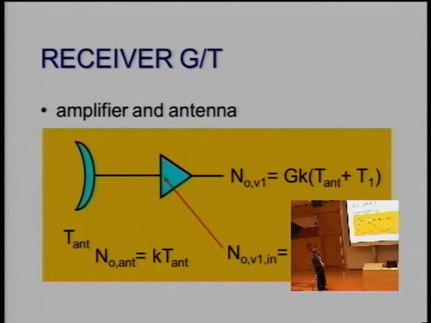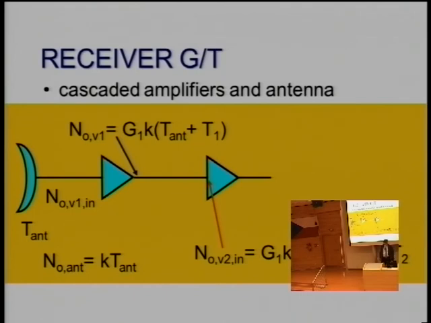Therefore, we have at the input a noise density, which is k times (T antenna plus T1), if T1 is the noise temperature of the receiver itself. Now, let's put another receiver there. This has a certain temperature T1 and a gain G1. And then at the second amplifier, the output